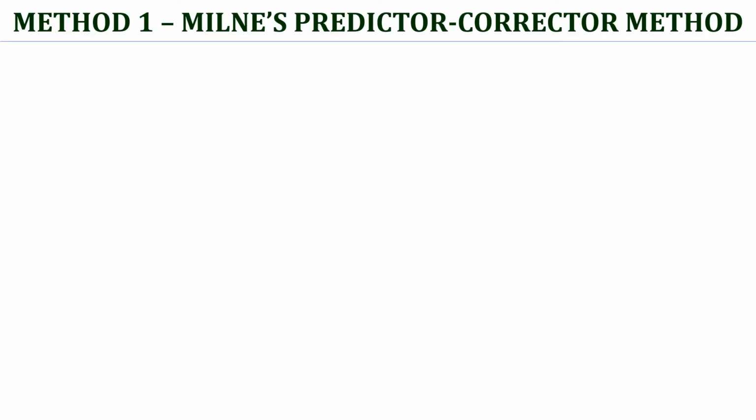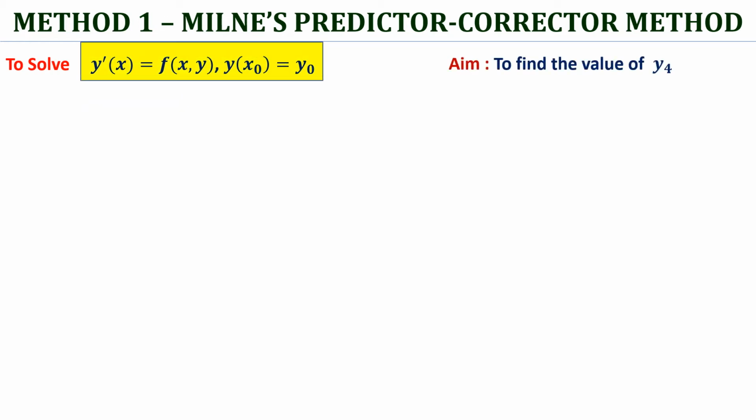The first predictor corrector method is called Milne's predictor corrector method. So let's write the IVP first. That's the IVP as we've been doing, and our aim is to find out y4. So this is my unknown. Assuming that I know y1, y2 and y3, these are supposedly known values. And x0, y0 are already known. Assuming that all these three values are already known, let us start off by writing the formula for Milne's predictor method.